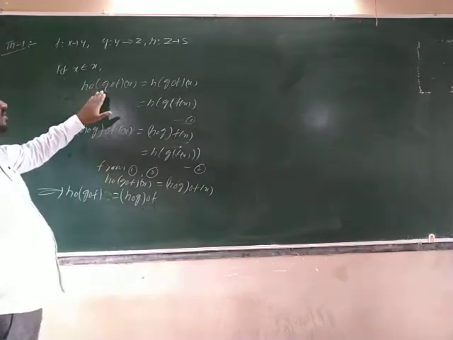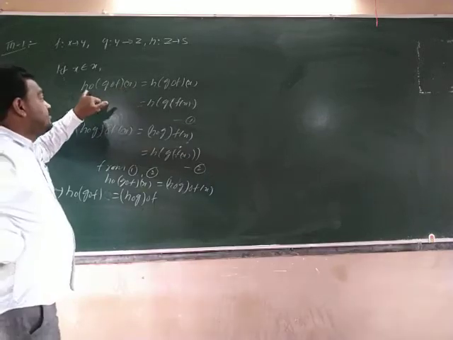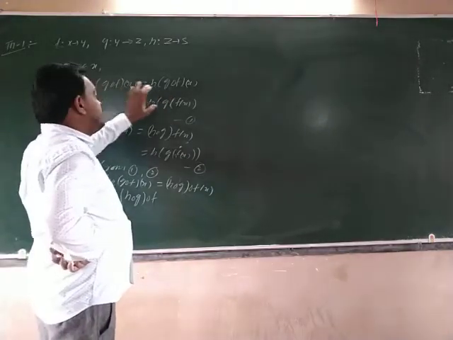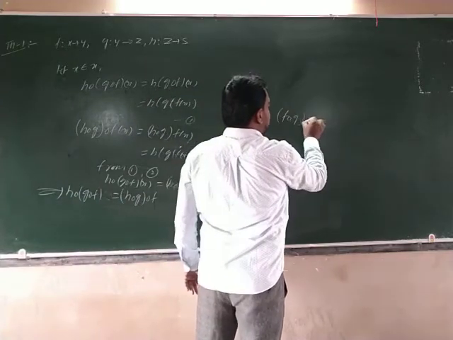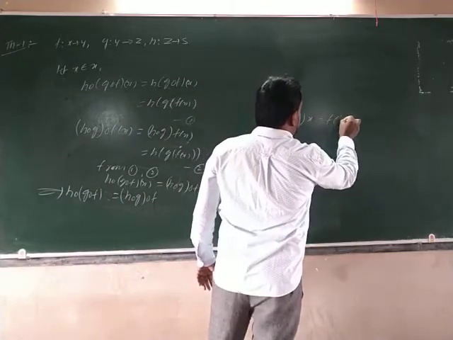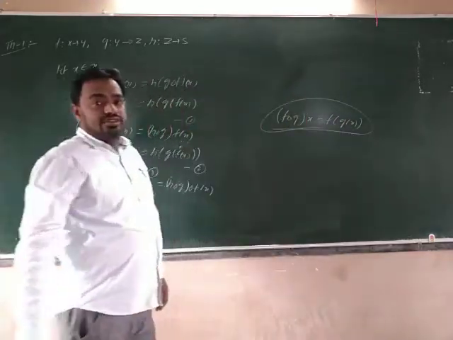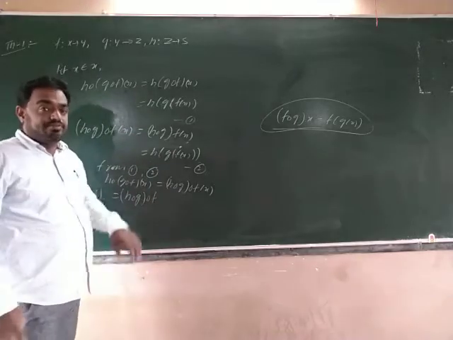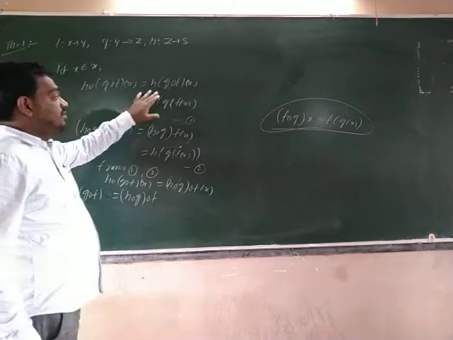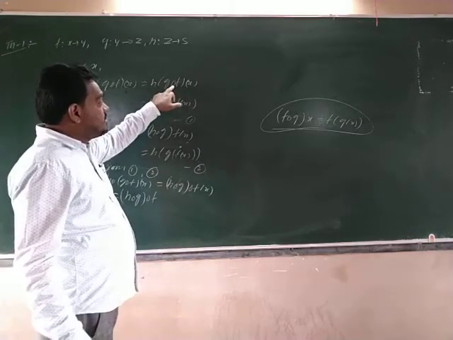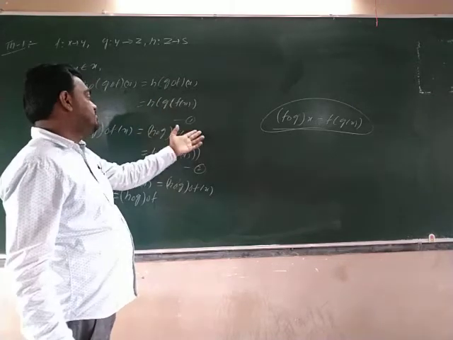Again you see, I take left side of x and find. This is nothing but h of g circle f of x. F circle g of x is equal to f of g of x. This is the definition of composite function. Composition of two functions is given as one. I saw the definition. Here circle is there, so it will be written as h of. Next circle is there, again I write h of. So that is the equation number 1.